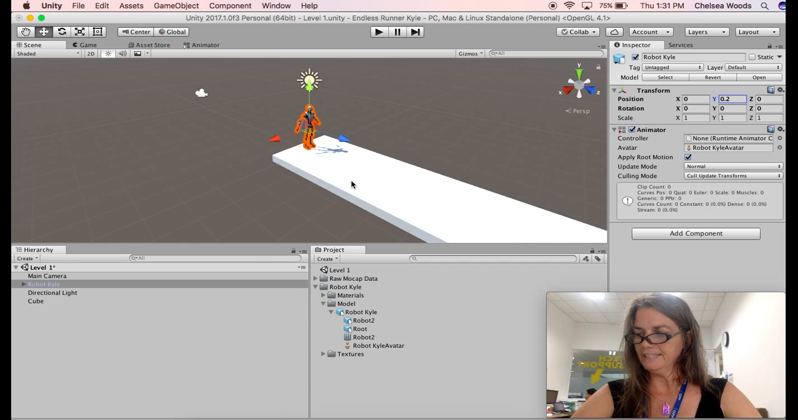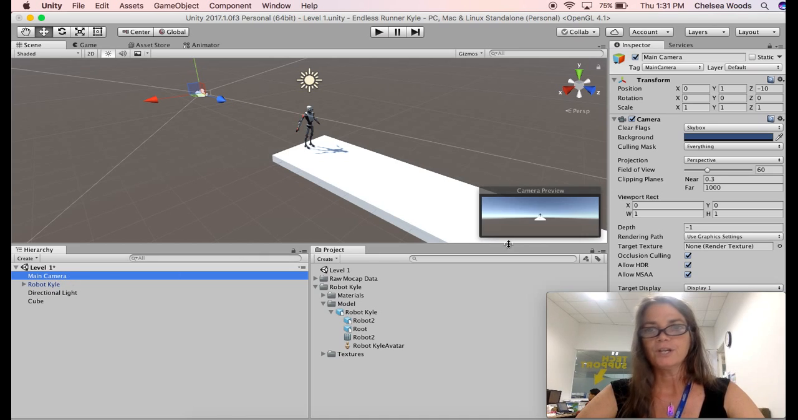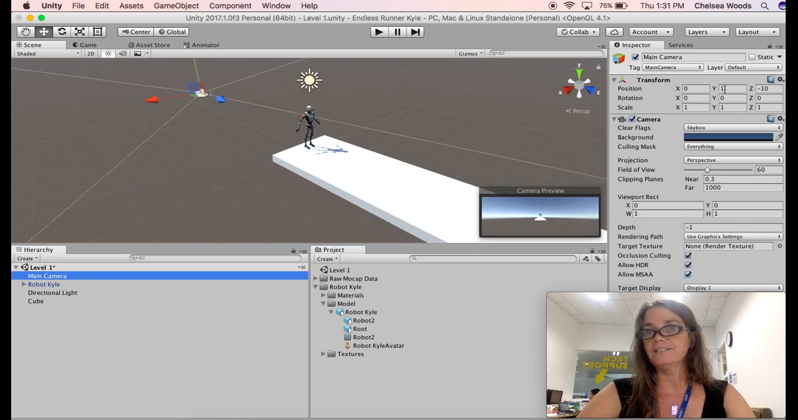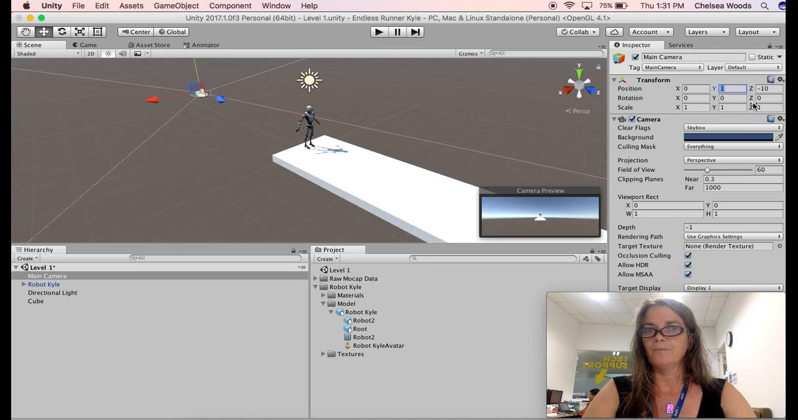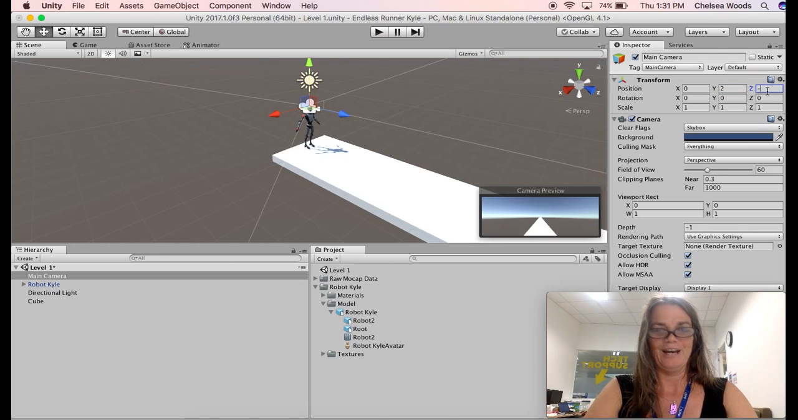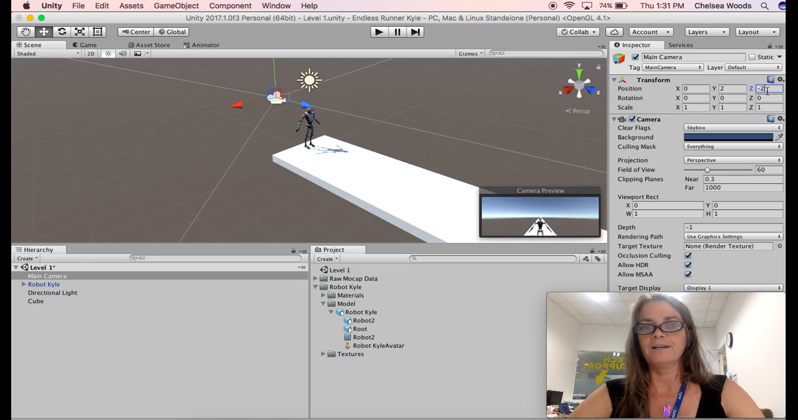Hi, Kyle. And then the next thing that we're going to do is work with our camera. Our main camera currently is pretty far in the distance behind Kyle, and that's a little bit far away. So a nice location for the camera is 0, 2 and -2. Okay, so now we're kind of above Kyle, as you can see, but we can't see